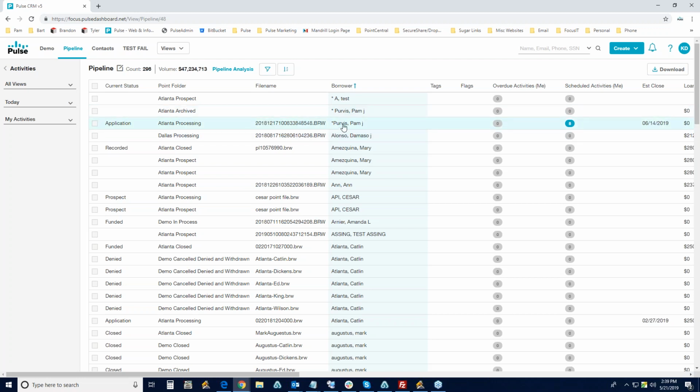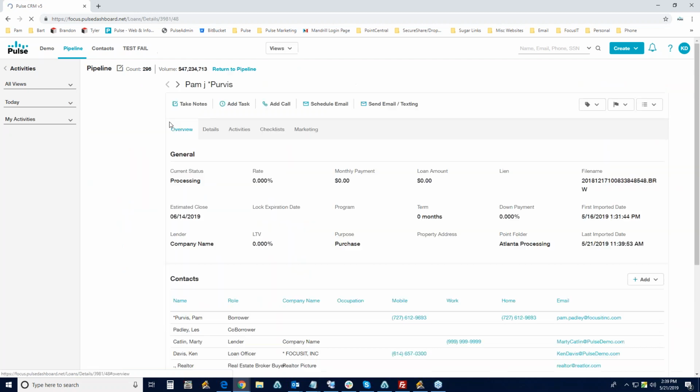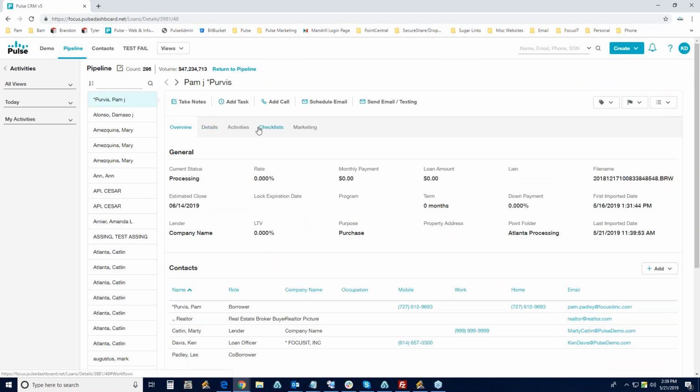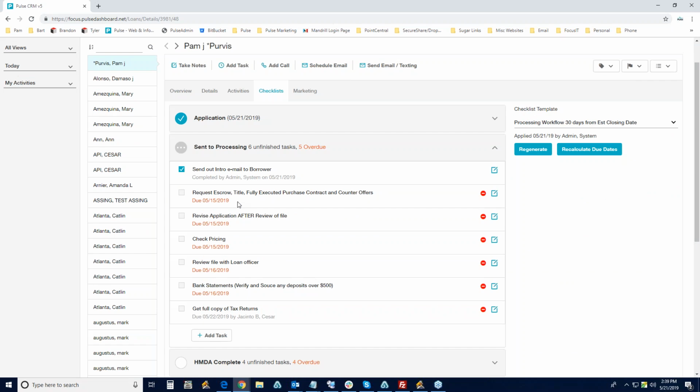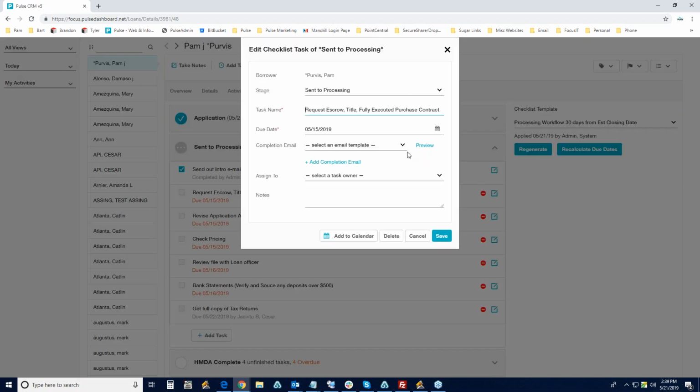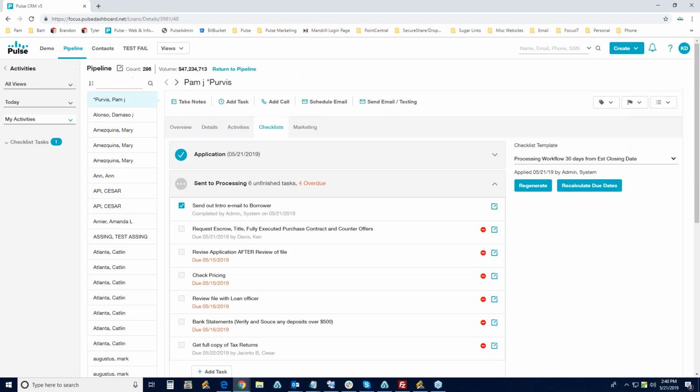So it's really a great feature to be able to go in and add those. What we're going to do is come back to the checklist for a moment. I'm going to come to send to processing and edit this one. I'm going to assign it to Ken Davis and make this due today. And today is the 21st, right? Boy, I haven't even looked at the date on the calendar today. Isn't that pretty sad? I'm going to go ahead and save this